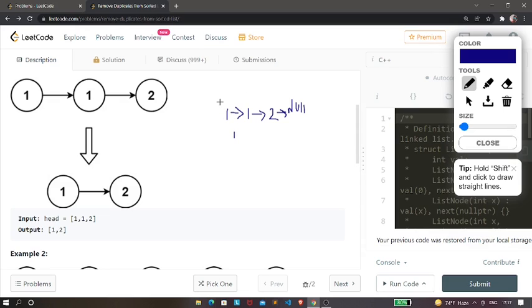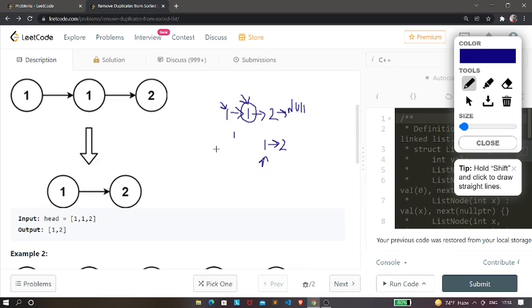So we need to remove either this one, or we can remove this one. Okay, so let's say that we remove this one. If we remove this one, then our final linked list will become 1, which is pointing to 2. Now in this linked list there is no other element which is repeating, right? And hence it is our answer. And what you need to return? We need to return the head of this linked list.